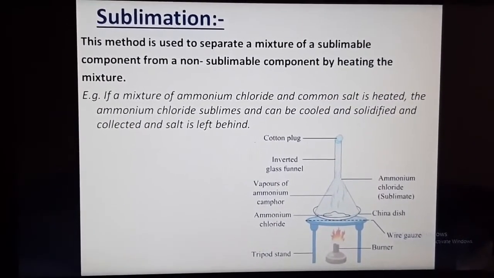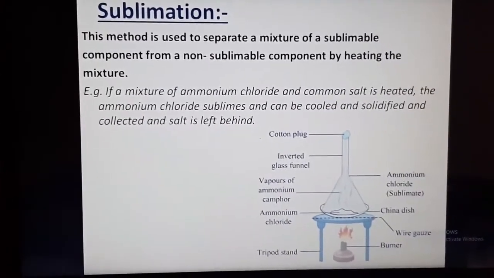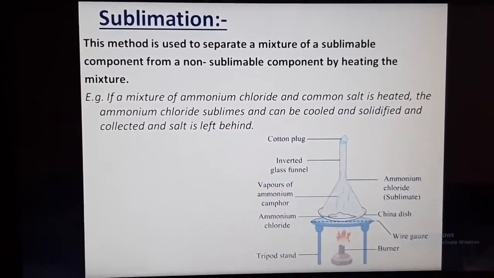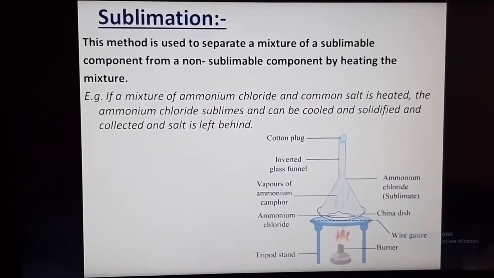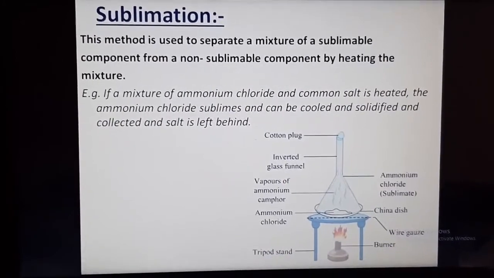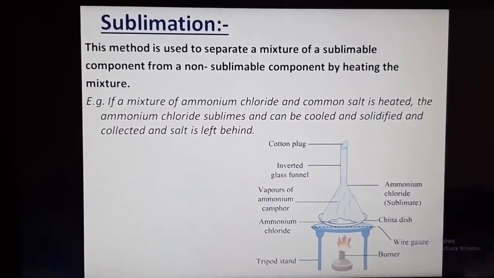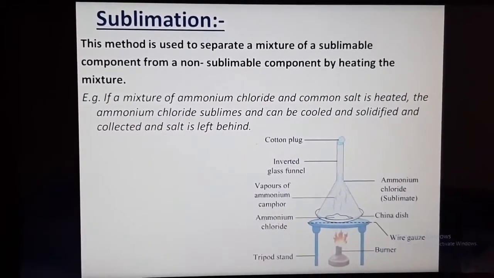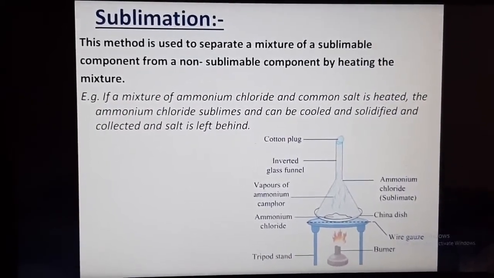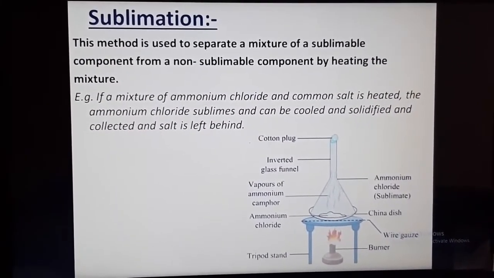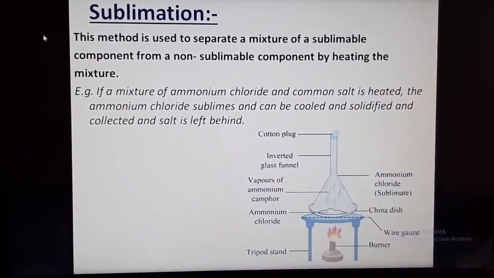What is the principle behind it? This method is used to separate a mixture of a sublimable component from a non-sublimable component by heating the mixture. Sublimable component means the component which undergoes the sublimation process, and non-sublimable component means the component which does not undergo sublimation. So we can carry out the sublimation process. This is the principle behind it. Let us take an example here. If a mixture of ammonium chloride and common salt is heated,